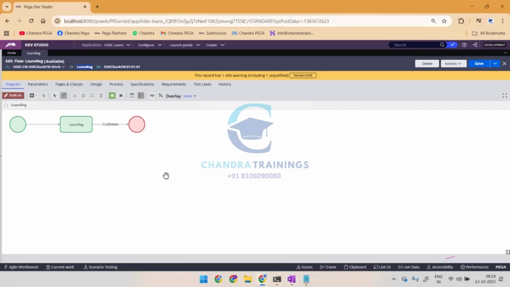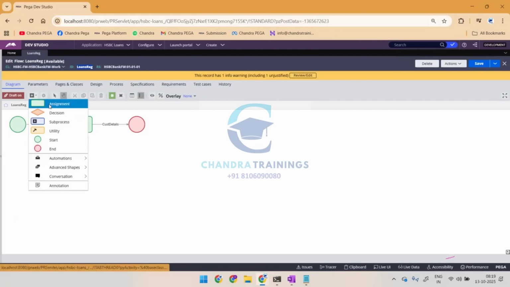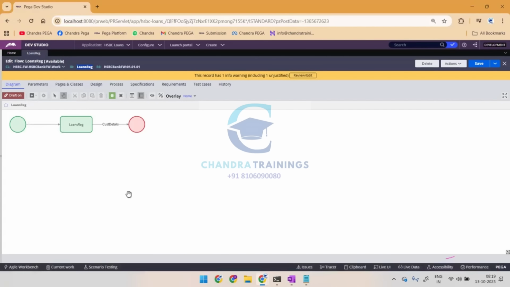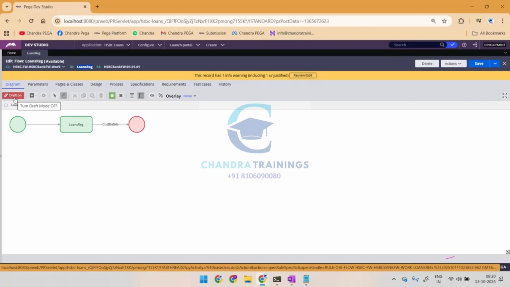Consider I'm the developer who is supposed to make some modifications as per my manager's instructions. What I'm trying to do is click on plus, take one more assignment shape or decision shape. I'm trying to do something. Okay, in this process, maybe my manager, without knowing that I'm making changes, simply deploys, and the system will throw an error saying this rule is still in draft mode. So every one of us, whoever is working on the flow,